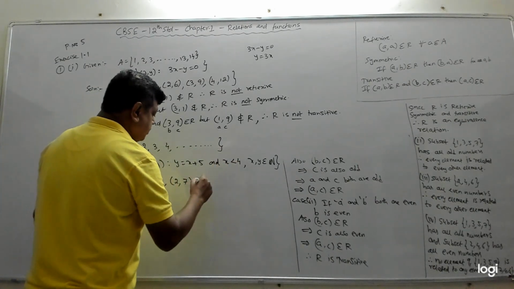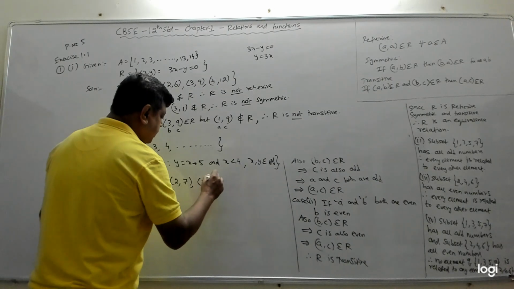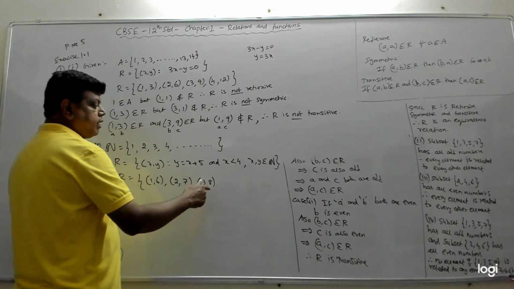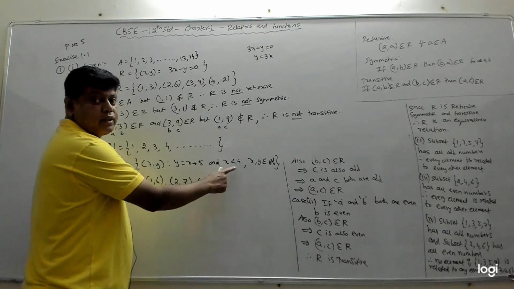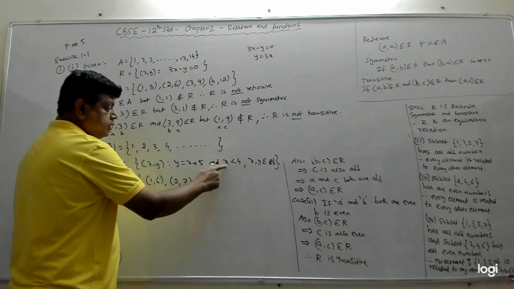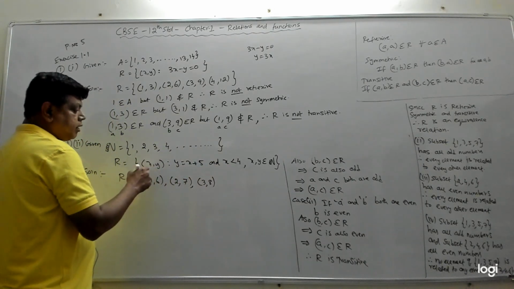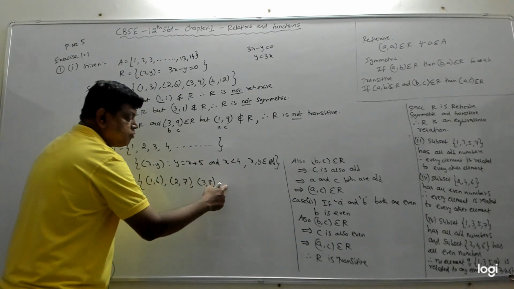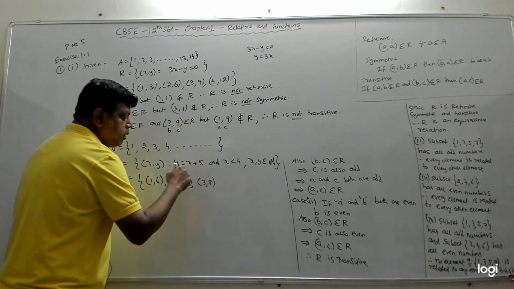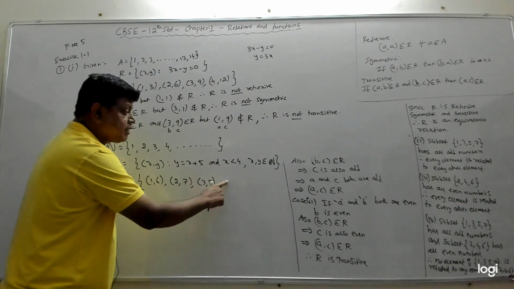Then we will put x is equal to 3. When x is 3, y becomes 8. Now x is equal to 4 we cannot take, because x should be less than 4. They say the first number, x is the first number here, right? The ordered pair. That should be less than 4. Which means we can't put 4, and if I substitute 4, y becomes 9. 4 comma 9 I can't write, because x cannot be 4.